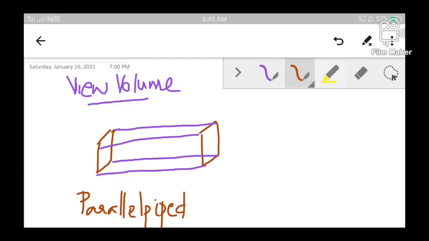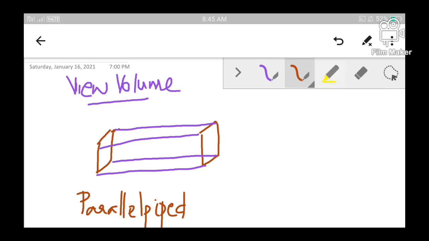When we consider only the projection lines, what do we feel? We can see that these projection lines are parallel to each other, and they create the shape of a parallelogram.